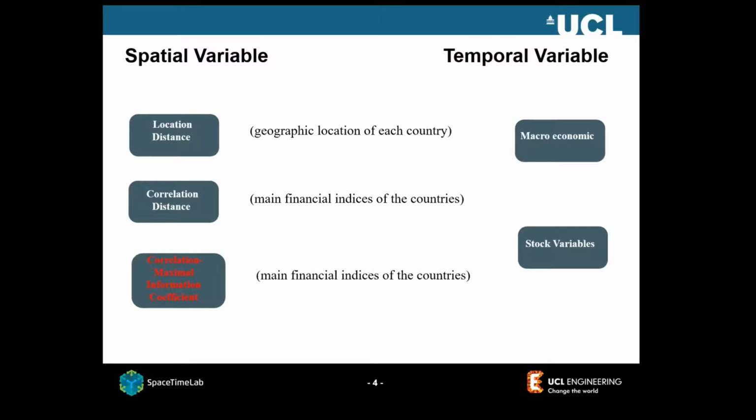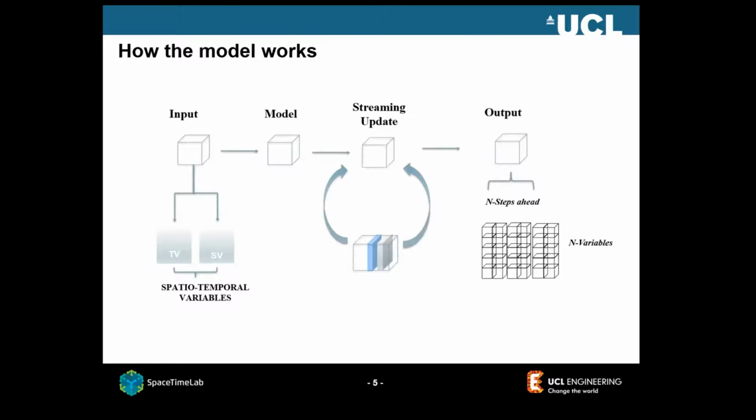That is essentially an information theory-based measure of association that can capture a wide range of functional and non-functional relationships between variables. So how the model works in a very few words. We formulate the financial prediction task as a vector autoregressive in an online tensor form. Tensors are higher order generalizations of vectors and matrices, which have achieved great success in the field of spatial temporal prediction. The main model used here is called ALTO,